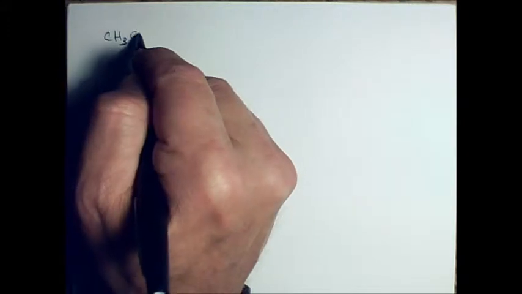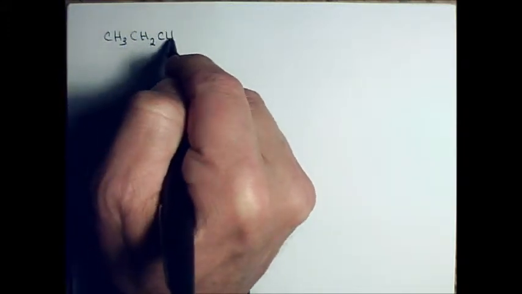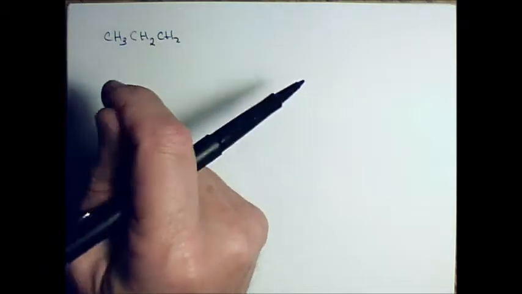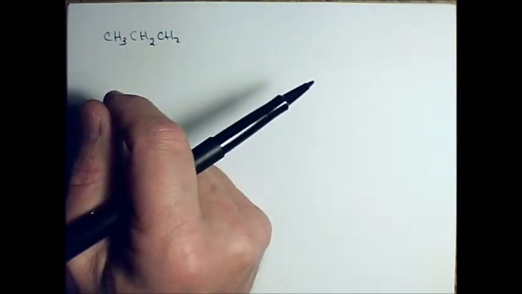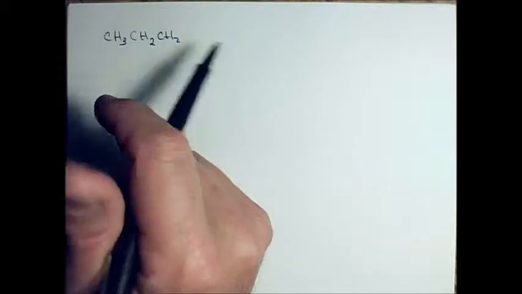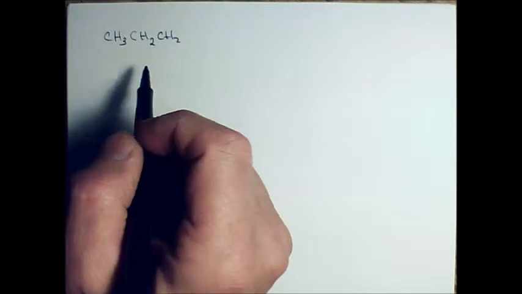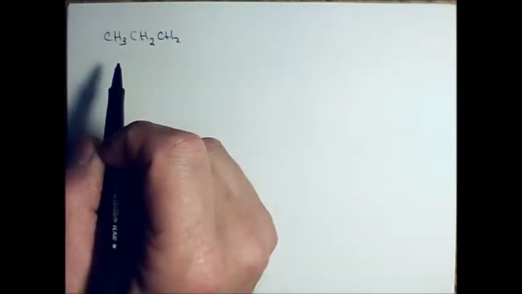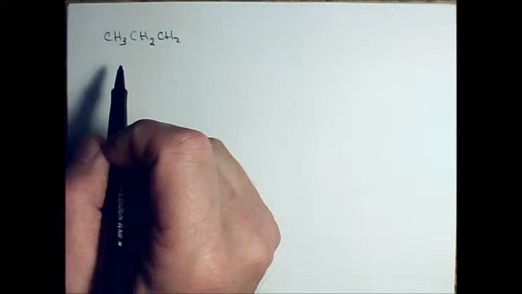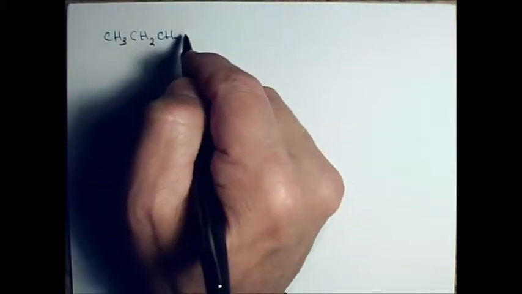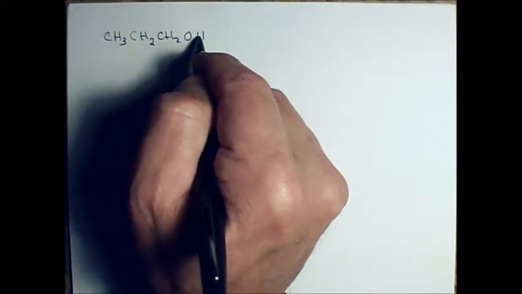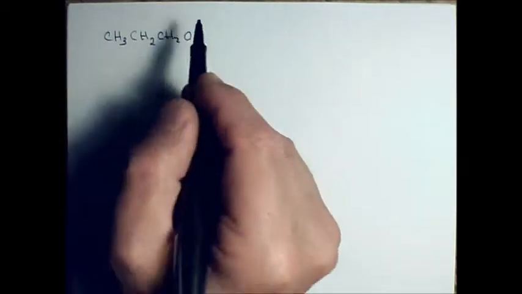Okay. The solubility of an organic compound is all about the balance between the hydrophilic and hydrophobic parts. So this is the hydrophobic part. It's the part that doesn't like water, the hydrocarbon chains. That's non-polar, and non-polar things are kind of pushed out in polar solutions like water. Water is a highly polar solvent, and it tends to push out the things that are non-polar. Well, if we put an alcohol group on here, then this part over here is a highly polar